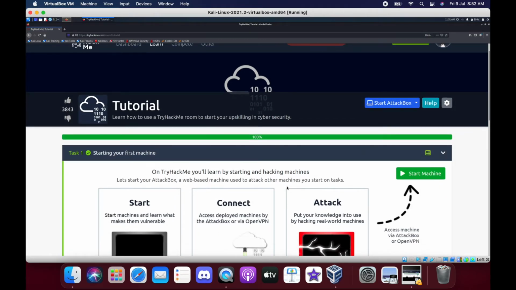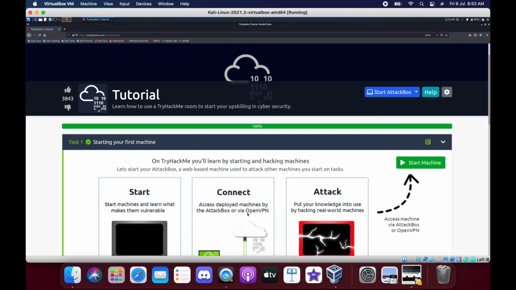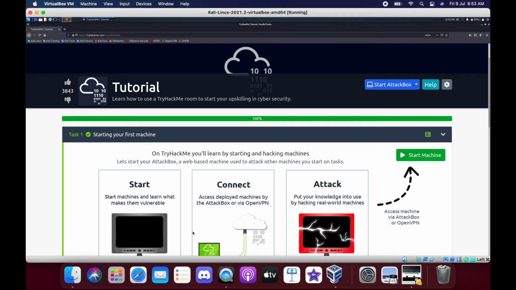You see, I have completed this room, but we have requested TryHackMe to add a feature to reset the room. Once we have completed this, we cannot do the room again, so all the answers will already be present. Sometimes we might have seen them on the internet and answered the questions that way. That's not the right way, right? We need to learn and do it, like what we have gained from this room by doing it.